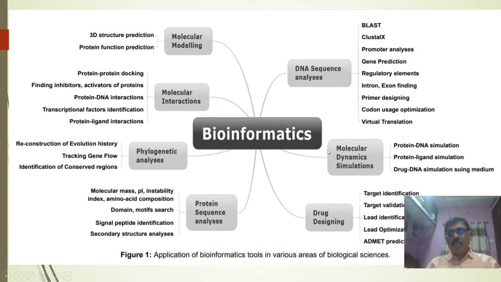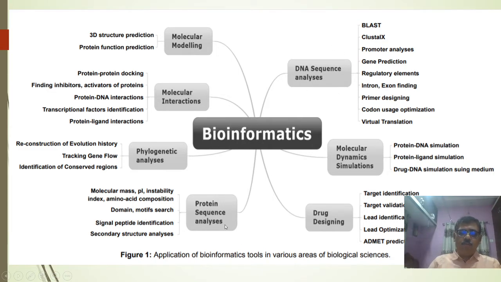Then molecular dynamics simulations: protein-DNA simulation, protein-ligand simulation, and drug-DNA simulation in the simulation medium. In drug designing also, bioinformatics plays a key role through target identification, target validation, lead identification, lead optimization, and ADMET prediction. Then in bioinformatics, as we do DNA sequence analysis,